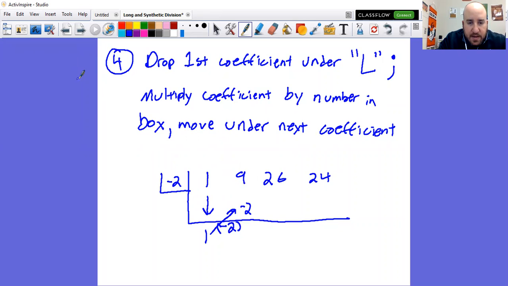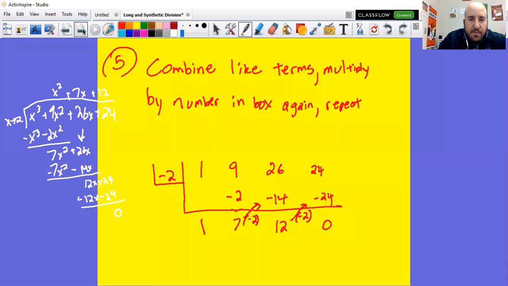You can pause here to get this written down and rewind it 30 seconds to hear it again, but I'm moving on because, like I said, I'm trying not to have it too long of a video. So after I move that -2 over, I'm going to combine like terms. 9 minus 2 gives me 7. The 7 I now have, I'm going to multiply by the number in the box again. So 7 times -2 is -14. I carry it over